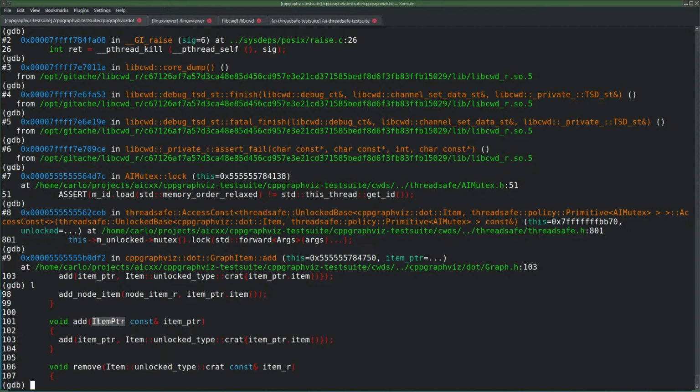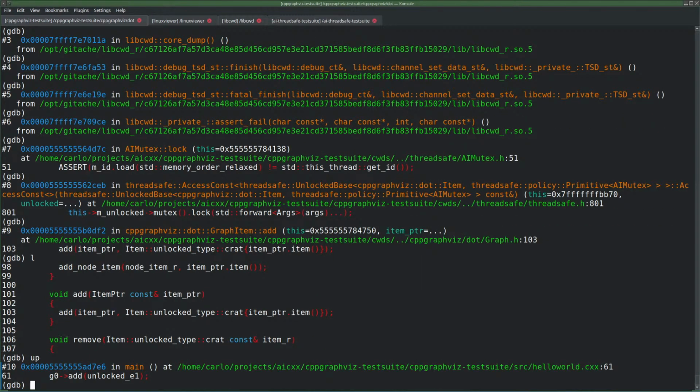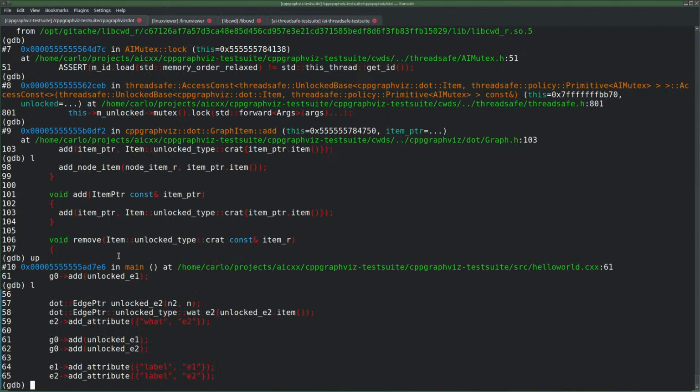Adding an item pointer also requires now that we have a version where we pass a locked item, which then also gets exploded into 2 different versions, and so on and so on. And well, from an edge.